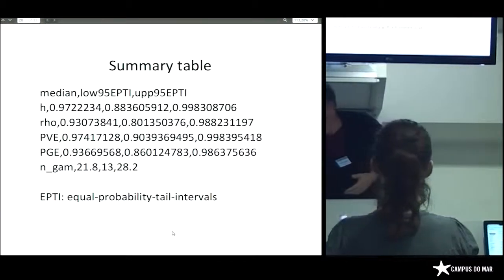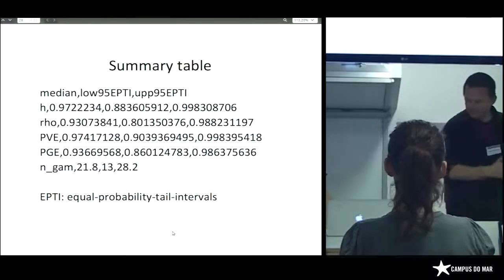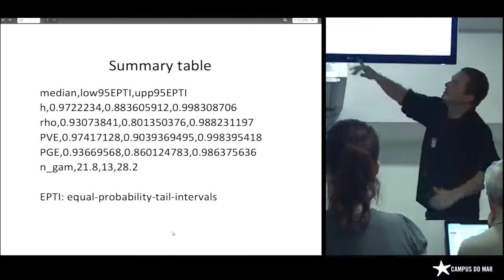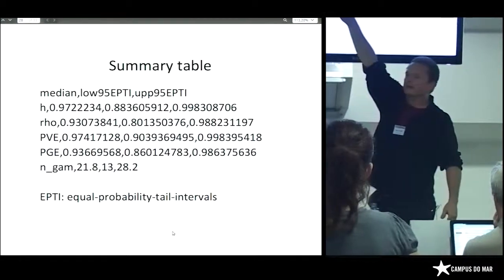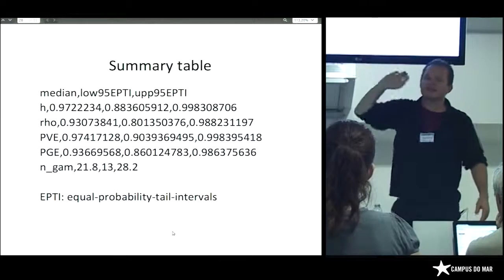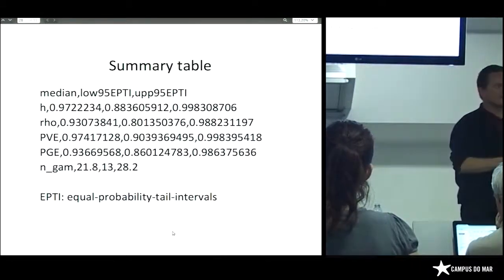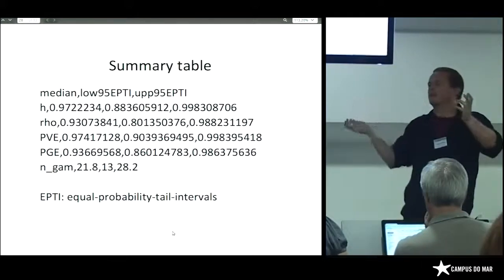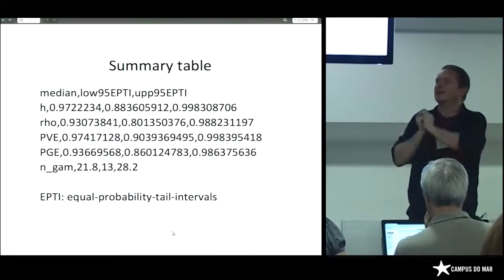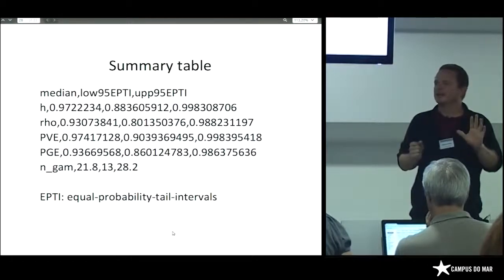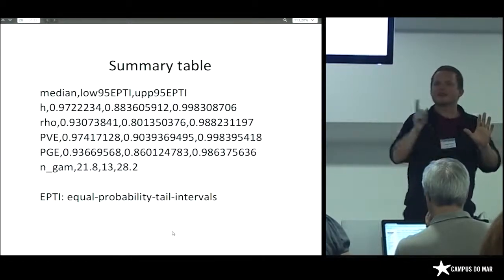some of these outputs. So here's a summary table. This is probably the first thing you want to look at. This H is the hyperparameter of the proportion of SNPs that have no effect. The way this works is the first iteration of the model says, how many SNPs do you have? So you have 1,000 SNPs. Okay, 999 of those SNPs have no effect. If I run a model that says there is one SNP that has an effect,